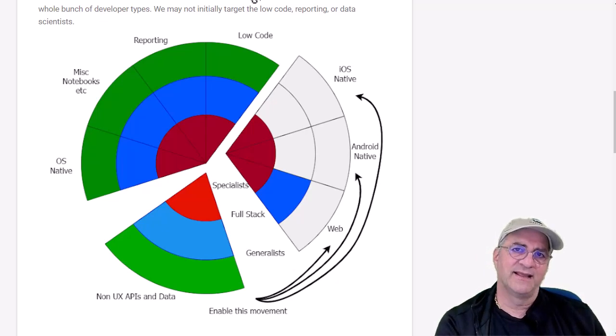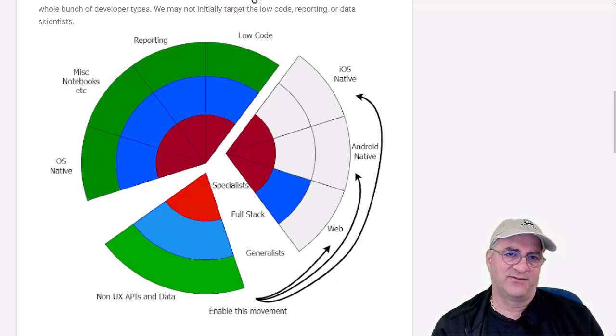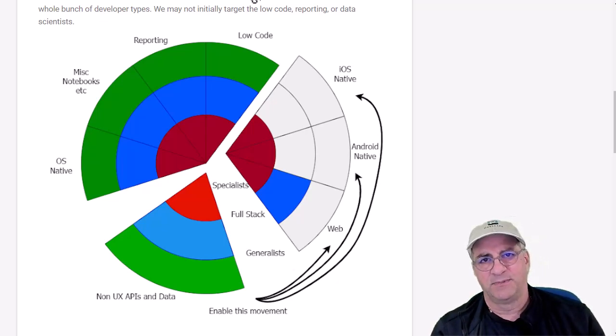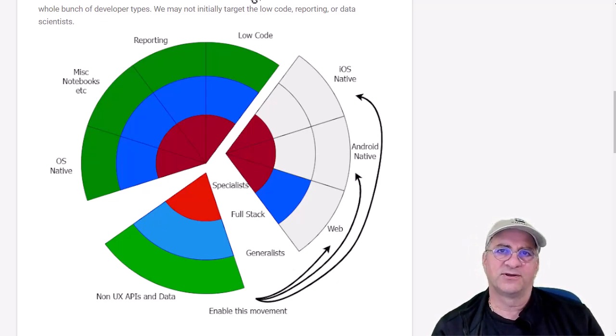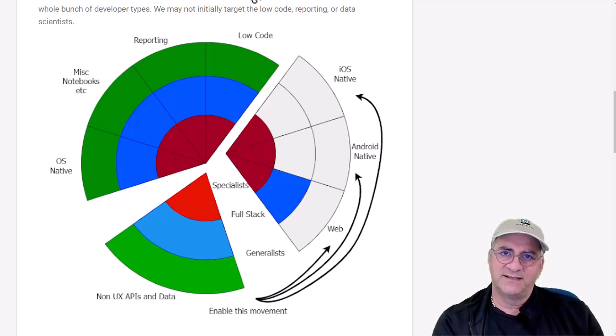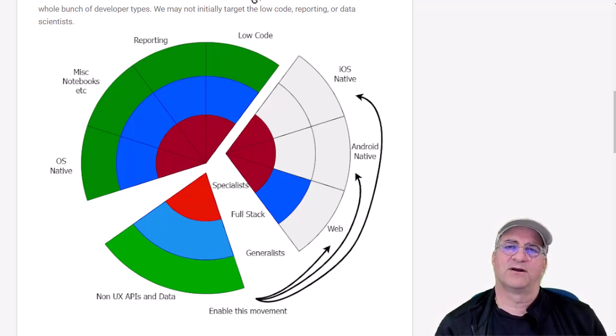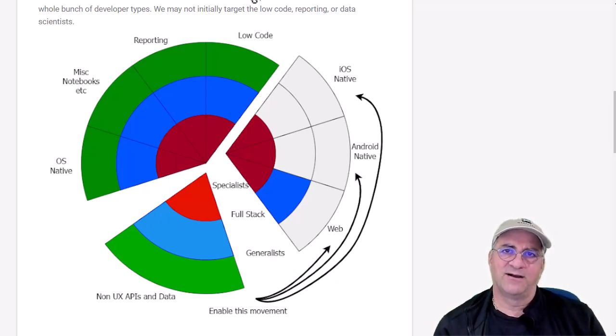But what we want to be able to take is the three quarters. It's really probably like three quarters of the developers are non-UX, APIs and data, and they're writing all kinds of other processing. They're writing tools. And what we want to be able to do is get more of those people into writing the basic parts of user interfaces. And what that means is they need a programming model that looks like their existing programming model. They need tools that work like what their tools work like. And it would be great if the user interface they build could run on the 2 mobile platforms and on web, because that's the big 3 for where we're putting stuff.